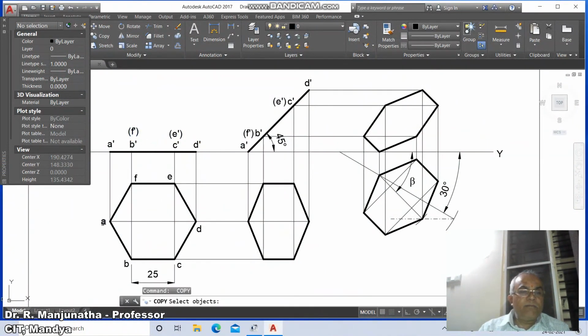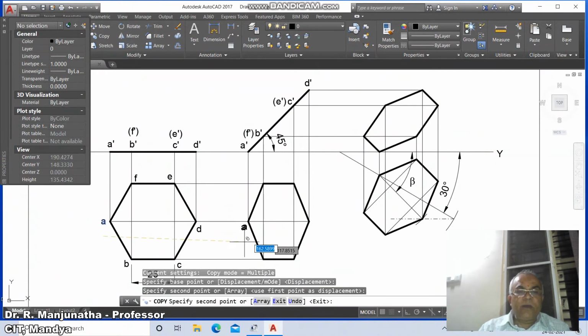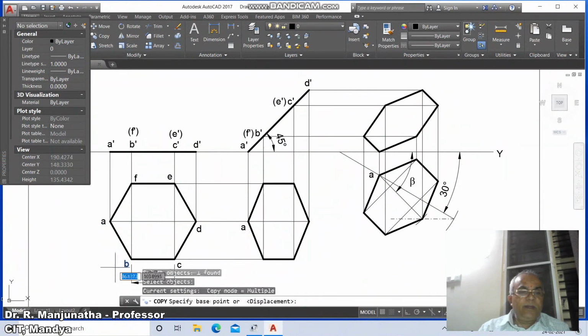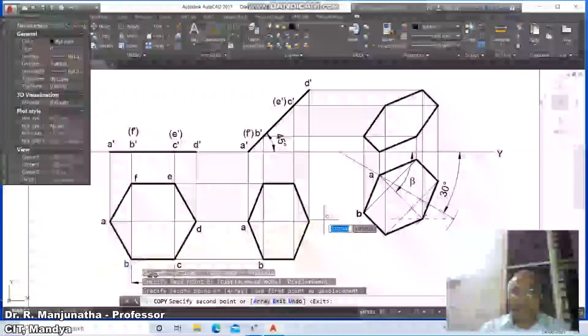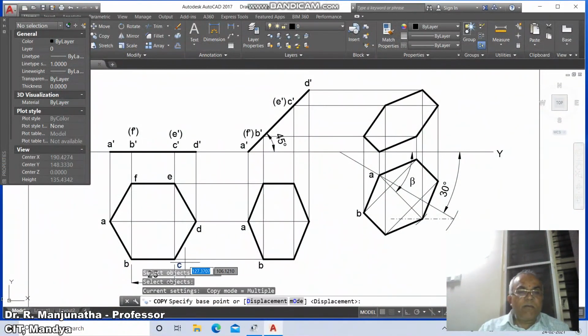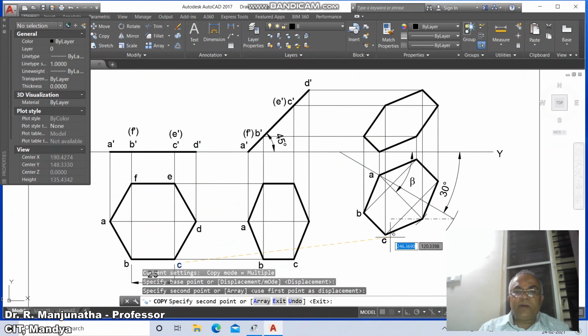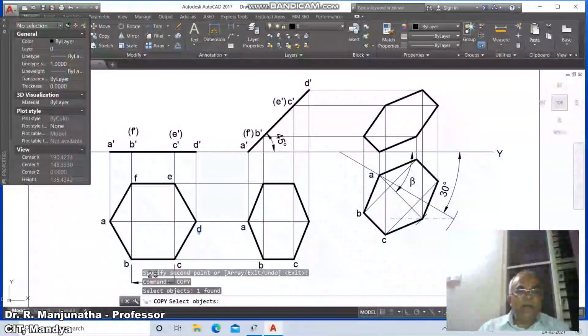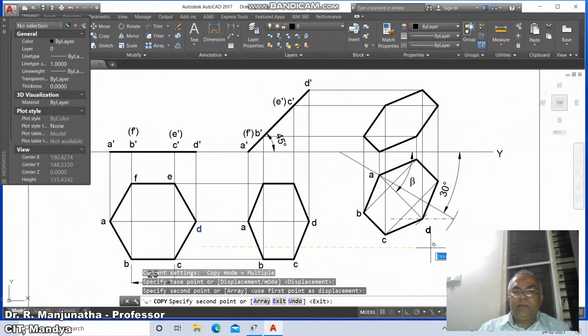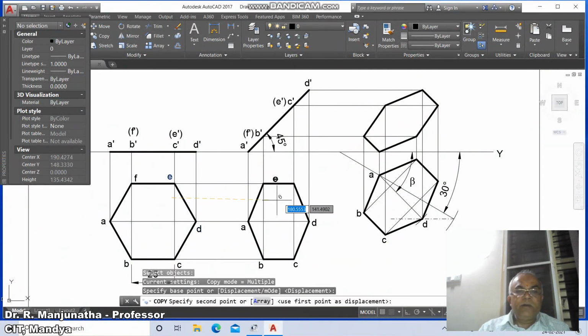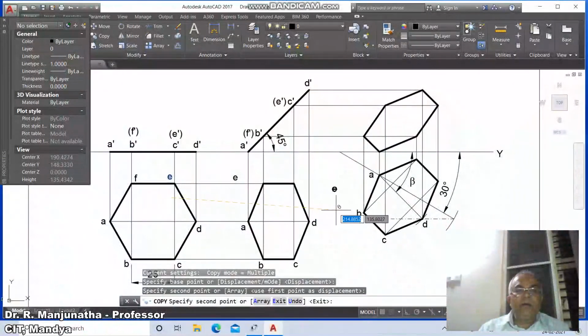Similarly copy A, take this A and you take this point also as A. Similarly B, take B and here also it is B. Similarly C, take C and you take C here. Similarly D and you mark this point as D. Similarly E, mark this point as E and you mark this point as E.